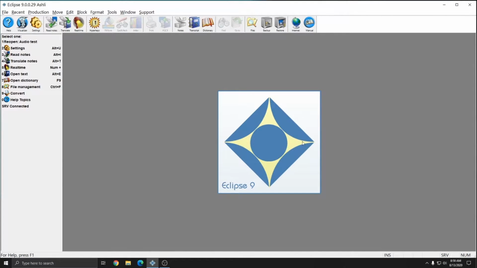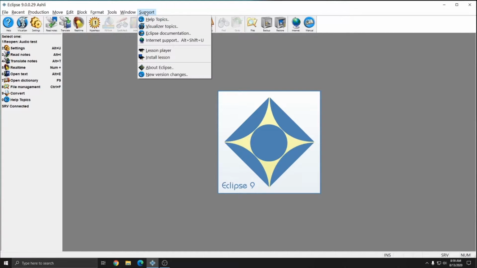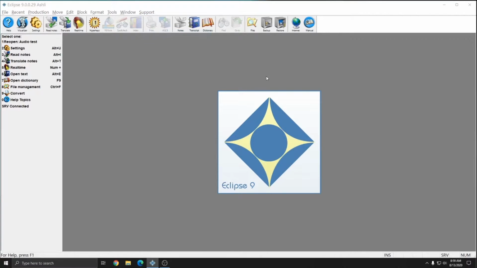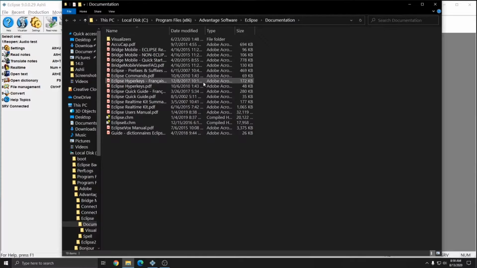From within Eclipse, you can access the support menu by clicking on Support at the top. First in this video is the Eclipse Documentation option. If I click on Eclipse Documentation, a new folder opens, and this contains all of the PDF and help files available for Eclipse. The Eclipse User's Manual, appropriate for your version, will be listed here, in addition to other guides